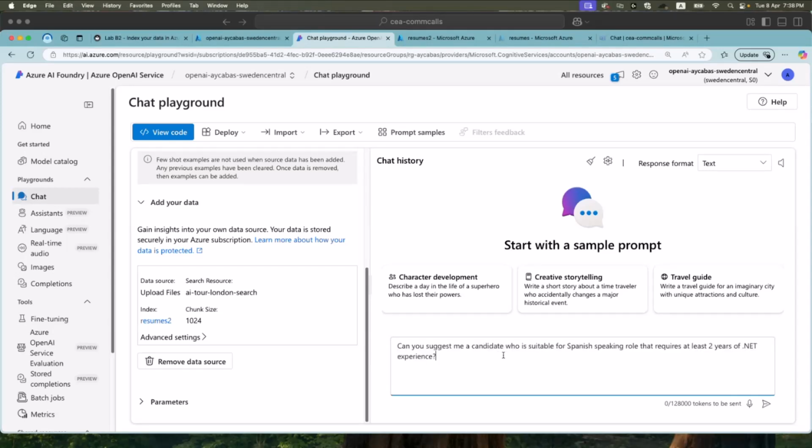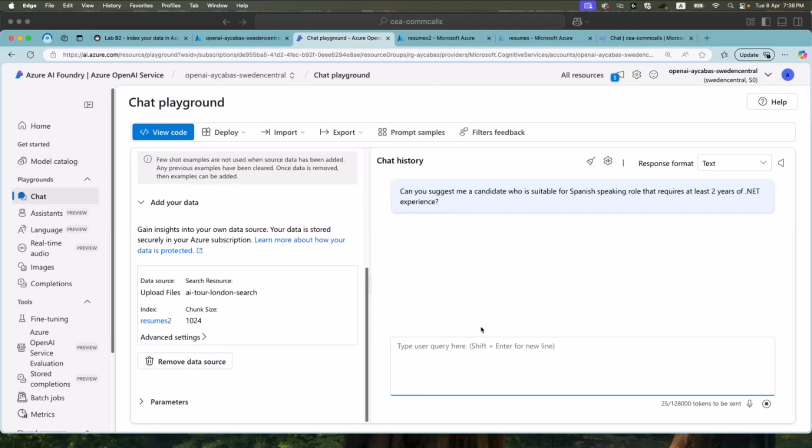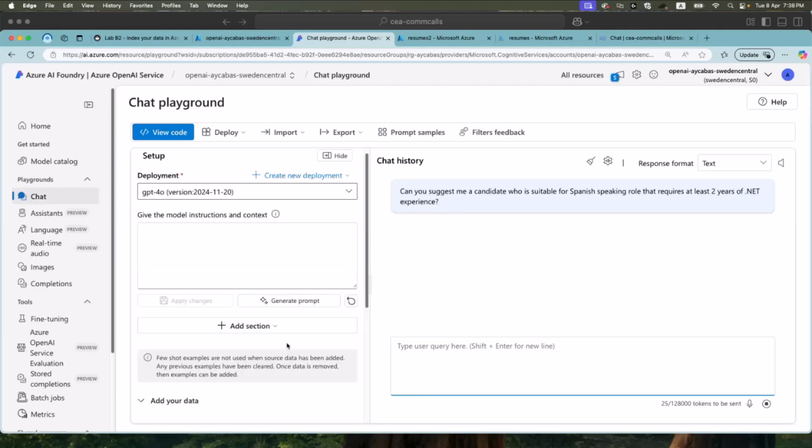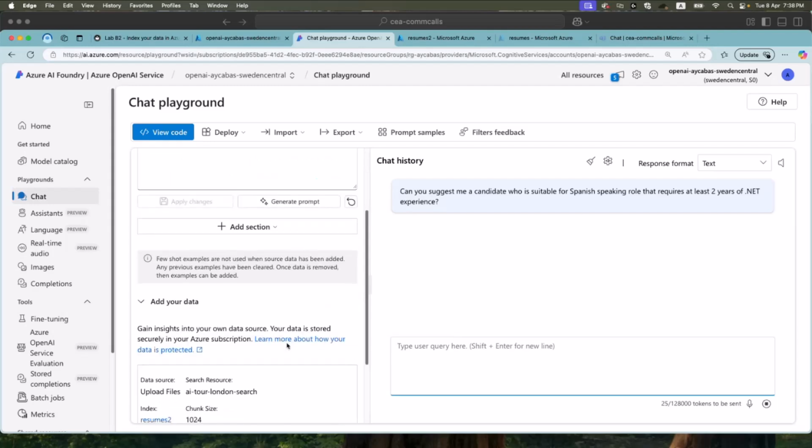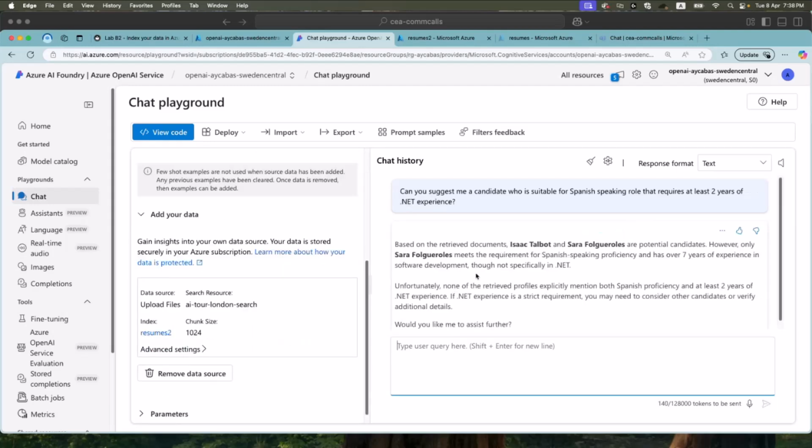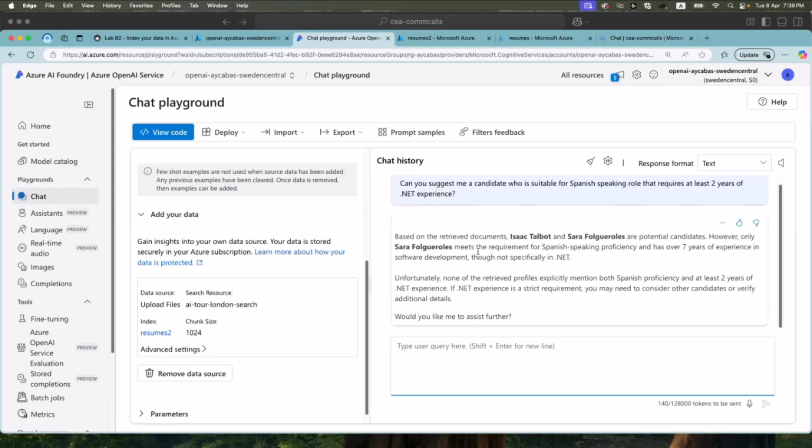Can you suggest me a candidate who is suitable for Spanish speaking role that requires at least 2 years of .NET experience? So this is sort of a complex question, and the data set we have available, because we are enabling vector search, we should be able to get a really good answer. And as you see, we are able to get some suggestions out of the data set we have.